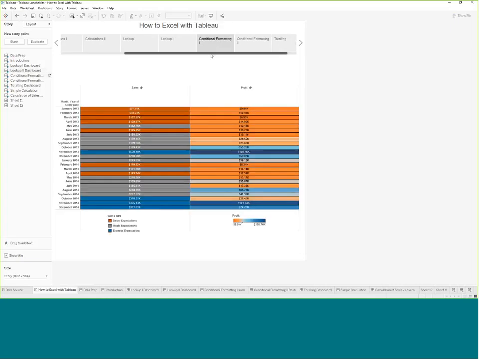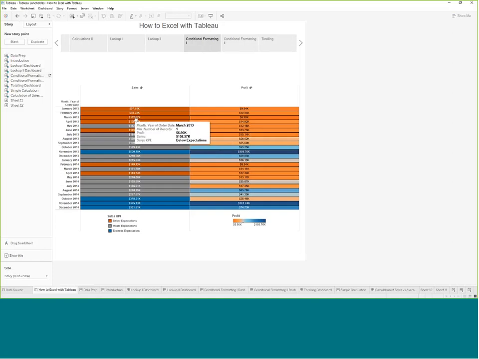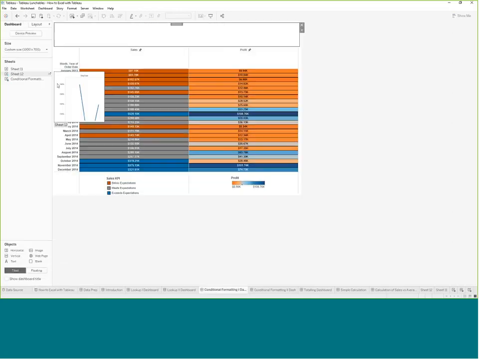Awesome. So let's talk about formatting while we still have some time. In this example, we've got sales and profit broken down by the months of the year, but we've formatted it in 2 different ways. So in this example, if I hop to the sheet,